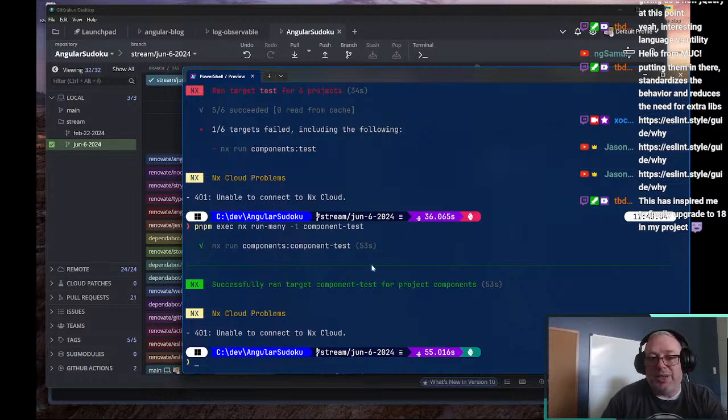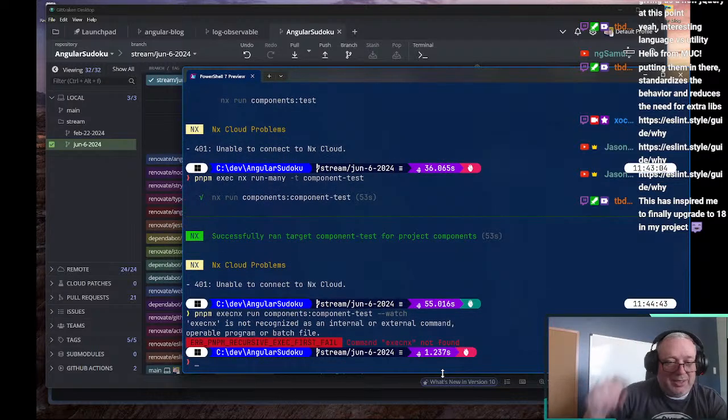Our component tests ran. They were a little bit slower, but that's fine. Could be partially because of stream. Who knows why they're slower? One thing I love about NX is that it gives you the exact command that you need to run to reproduce this. So if I do this and I add the dash dash watch to it, we can see